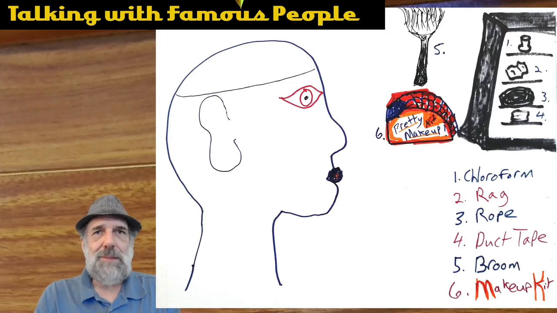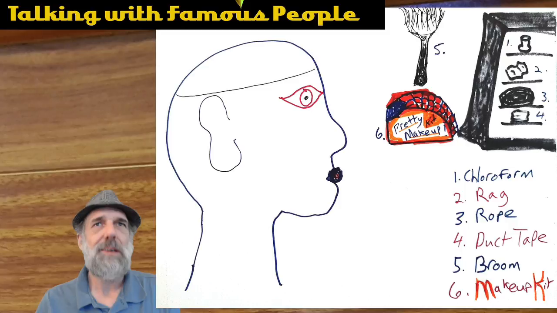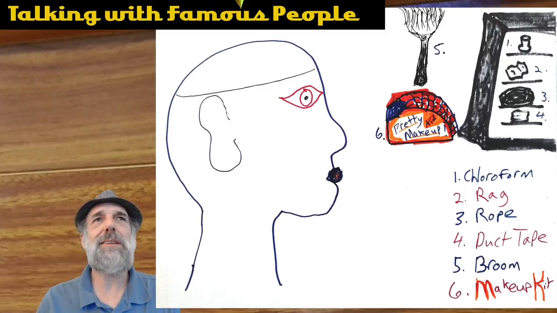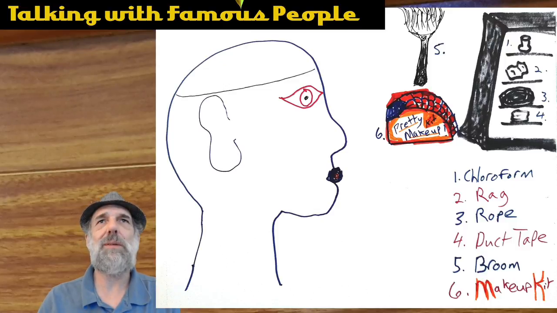We're going to begin with this scenario. This lady here is Judy, and she's walked into the garage. Now, she's walked into a garage where the scene is set as follows. There's a shelf over here with 4 things on it. There's a broom right here. And there's a makeup kit on the ground next to the shelf and under the broom.